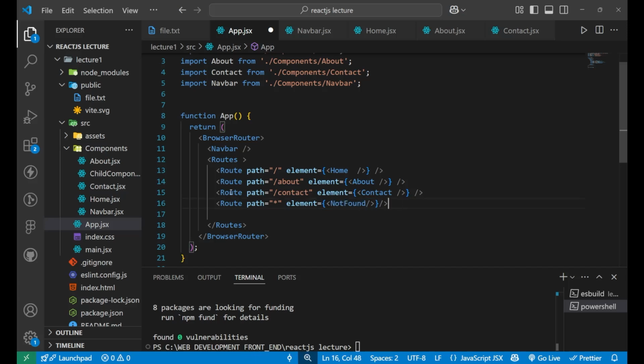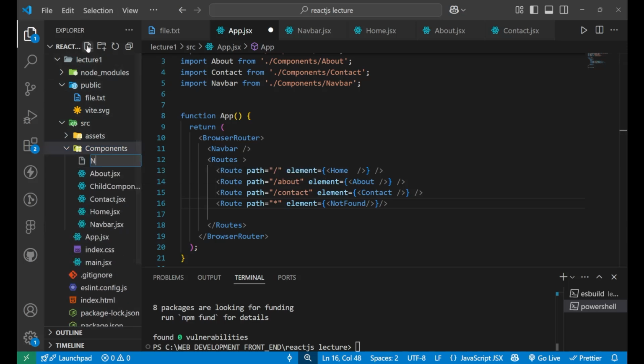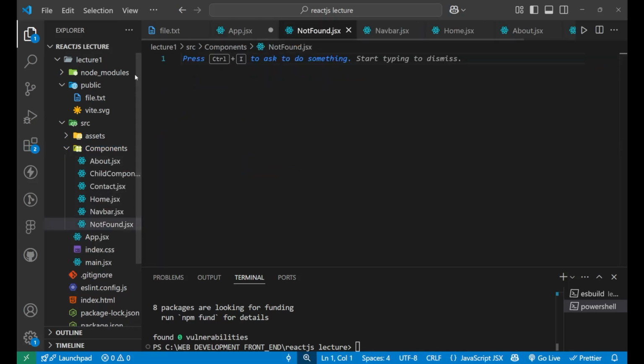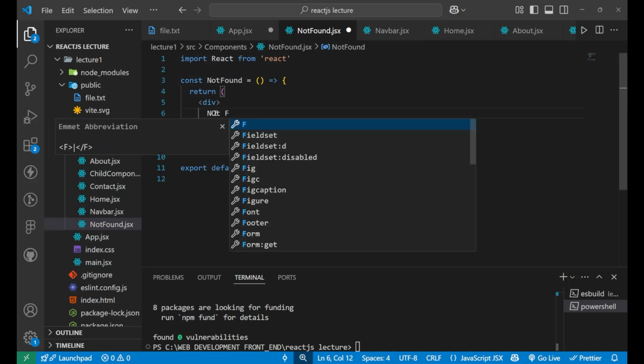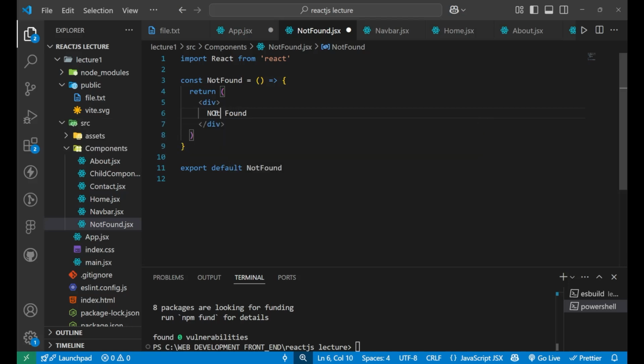Now let's create a not found page. For that, I'm going to the component folder and creating a file named NotFound.jsx. Inside of it, I will write RFC, and here I'm writing, let's say, Not Found only, right?